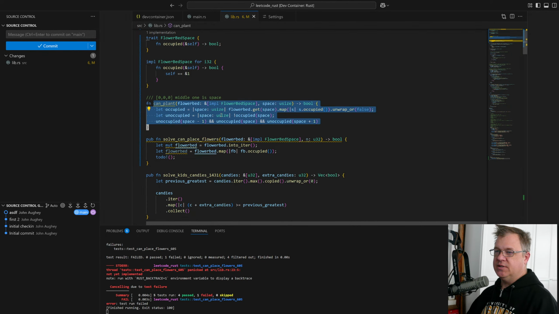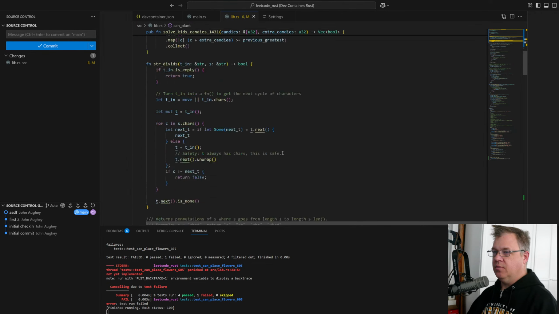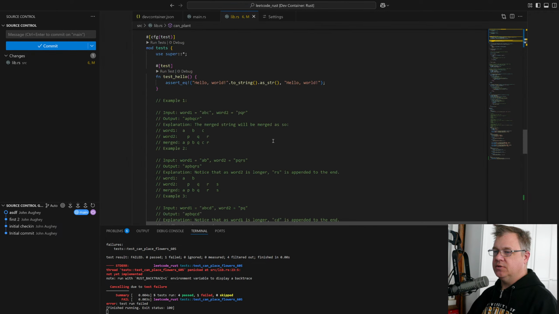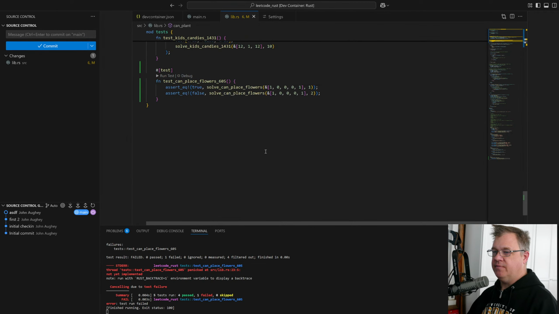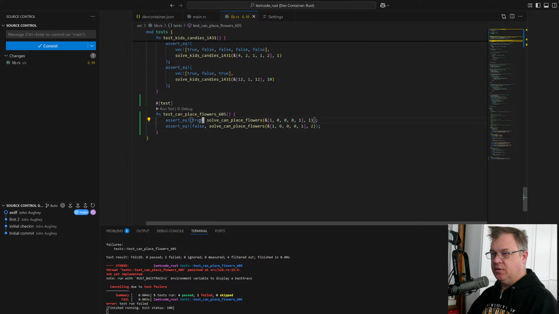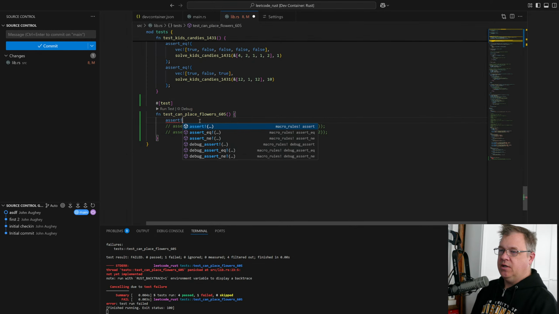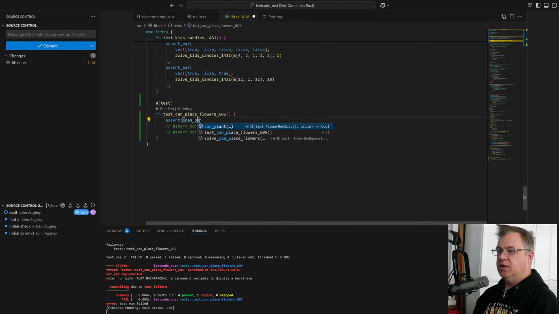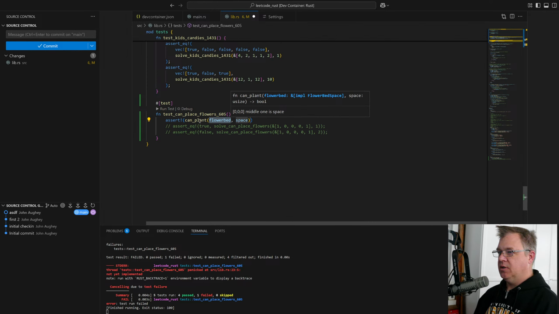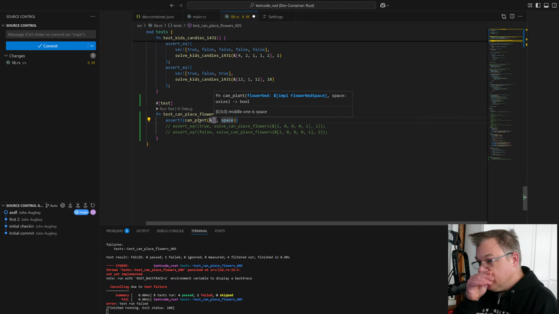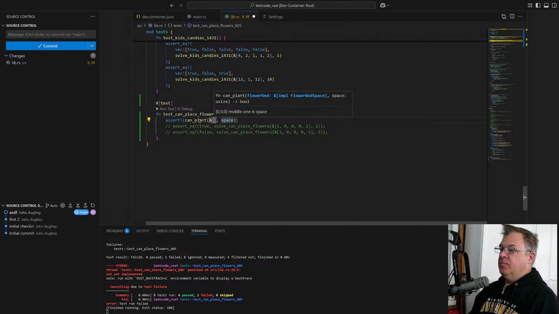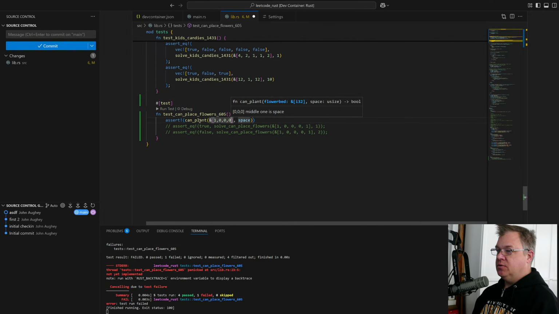Okay. So this is the core of what we need to do, and I think I've turned it into a simple version of this. So let's just say assert can plant if our flower bed looks like 0 0 0 1.